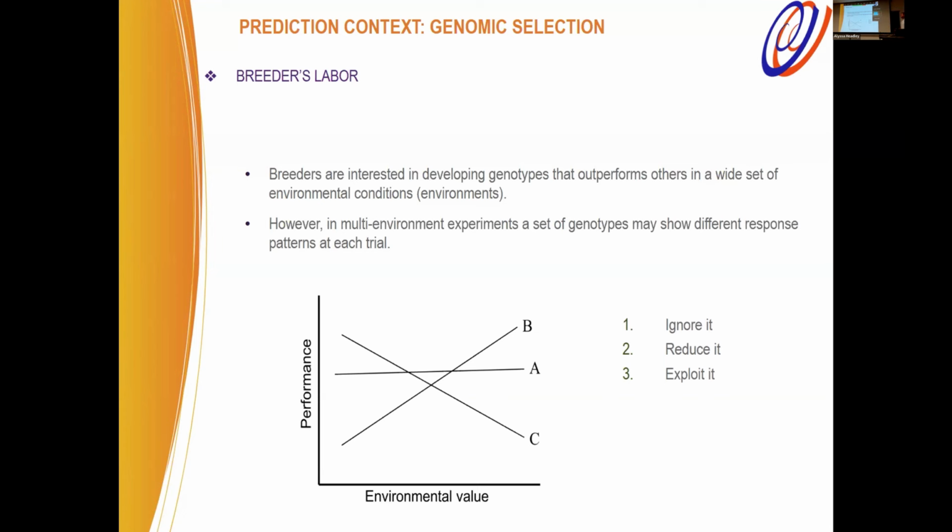And finally, we can exploit. Exploit in the sense that we cannot test everything everywhere, but at least we can have a very good idea by borrowing information between genotypes that were tested in certain environments, but not in others. And this is the way we exploit. So at least we can have a very good idea of how this genotype will behave in different environmental conditions. And this is good because we can increase, right, the testing capacity. At least we have more hopes, or more chances, to find the good genotype.